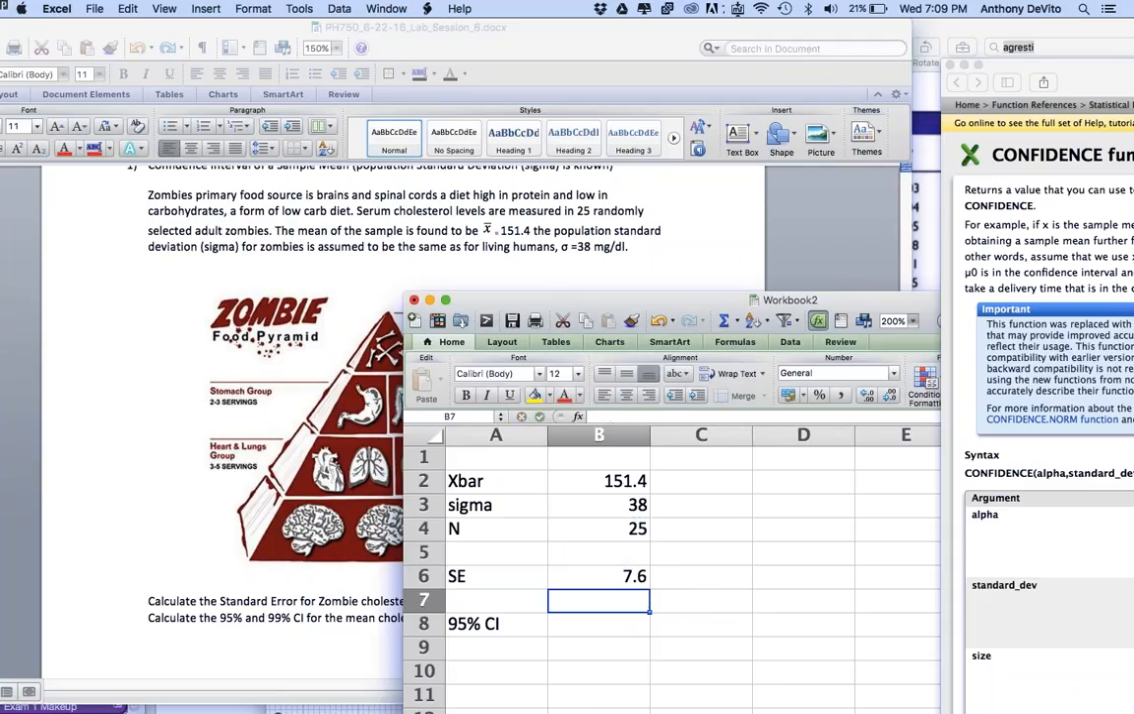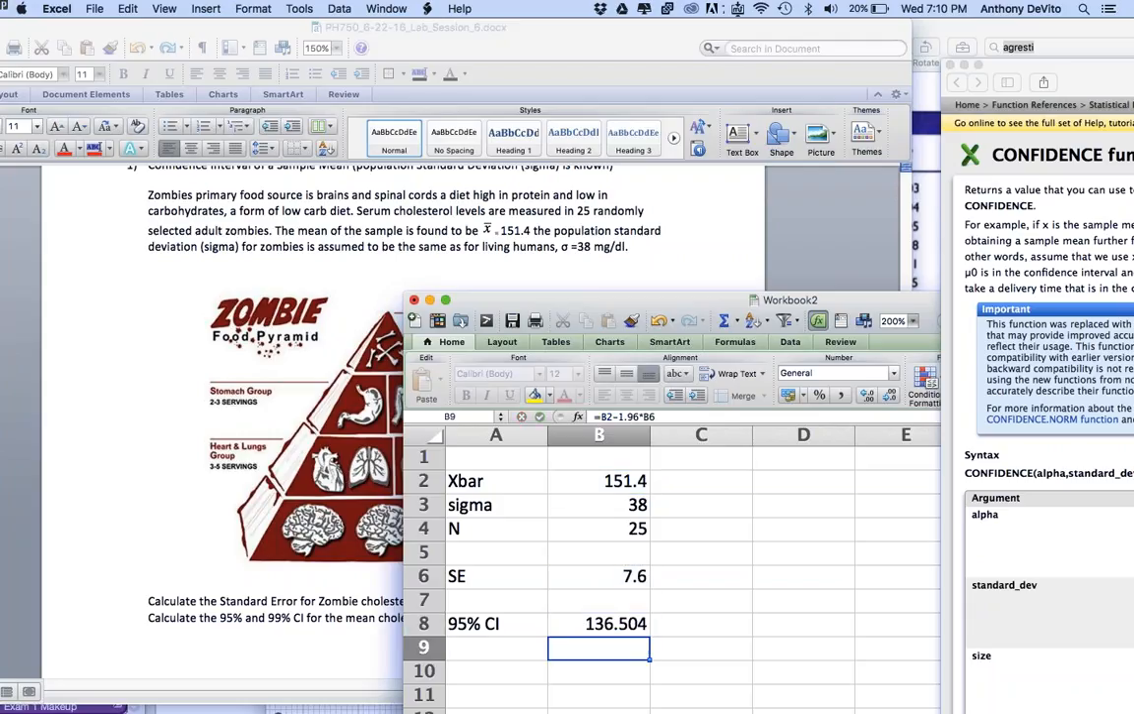Okay, and it turns out to be 7.6. So our 95% confidence interval is going to be equal to the mean minus 1.96 times our standard error, which is 7.6. So 2 times 7.6 is roughly 15. We're going to be adding and subtracting a margin of error of 15 from our point estimate for the mean,